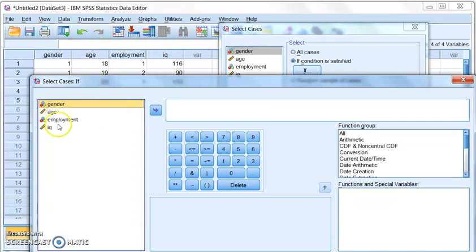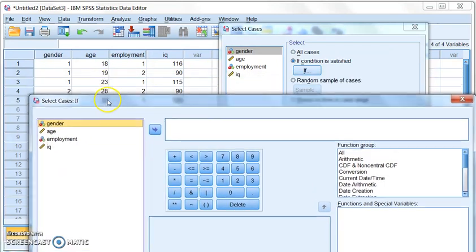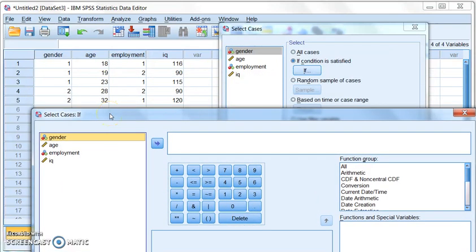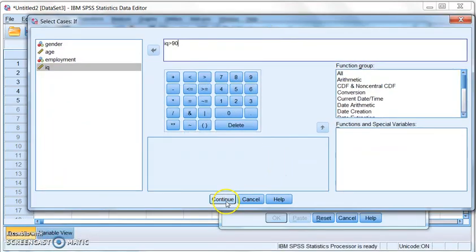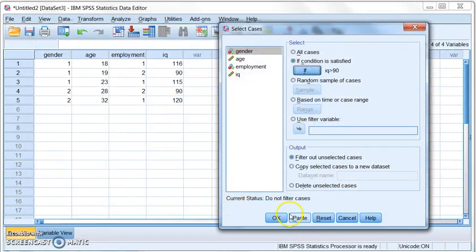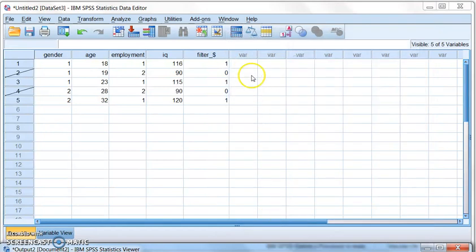and as we look at this, we see we can pick the variable that's involved. So in this case, let's say we only want to select those individuals that have an IQ above 90. So I'll select IQ and put it over here and use the greater than sign. You can select it here or just type it in. So IQ is greater than 90, and then when I click continue and then OK, what it will do is,